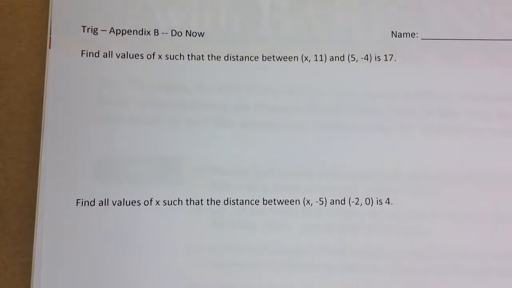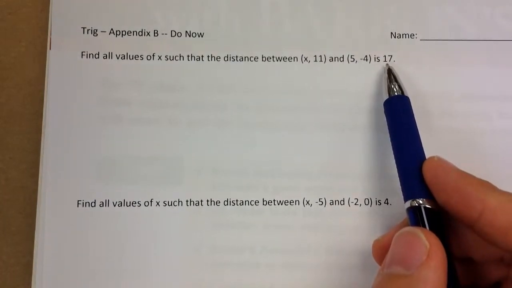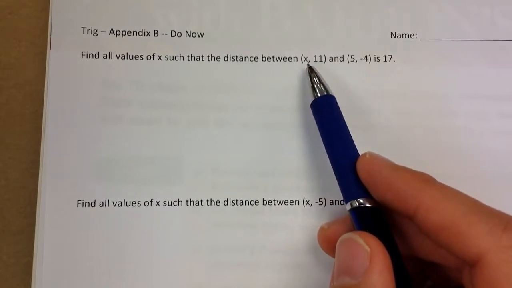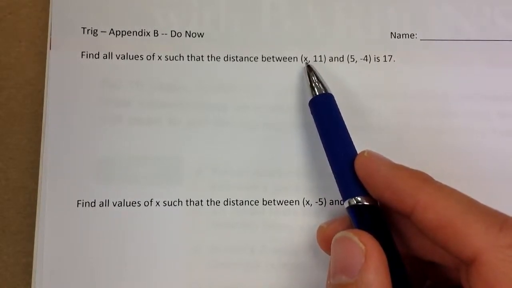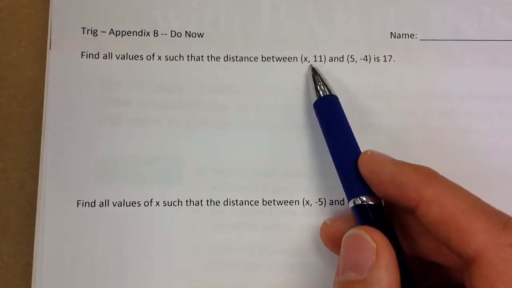So this is very similar to a problem that was on the previous worksheet. I wanted to give you more practice with it. We know the distance between 2 points, but we do not know the x-coordinate of one of the points. So we want to know what are the values of x that make this point here exactly 17 units away